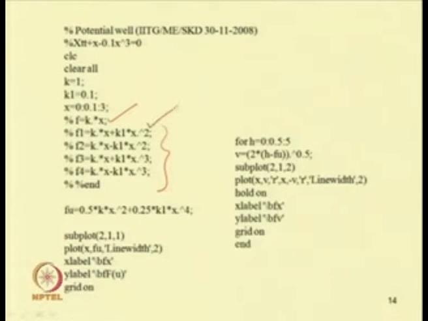This is a hard spring with quadratic nonlinearity; one can take a soft spring with quadratic nonlinearity, minus k1 x square, or one can take cubic nonlinearity only with a hard spring, and this is cubic nonlinearity with a soft spring. So, taking different types of functions, for example, this function is written for f(u) equal to 0.5. This is capital F(u), that is the potential: half k x square plus 1 by 4 k1 x to the power 4.